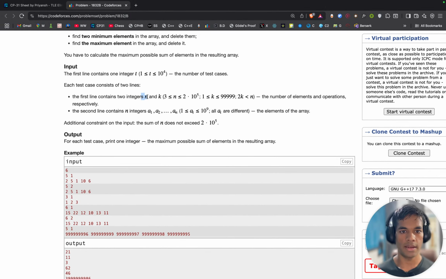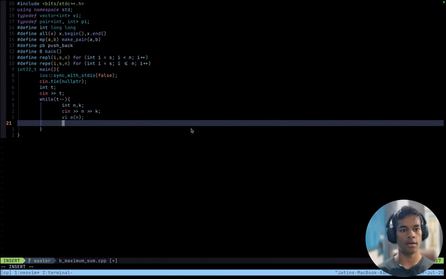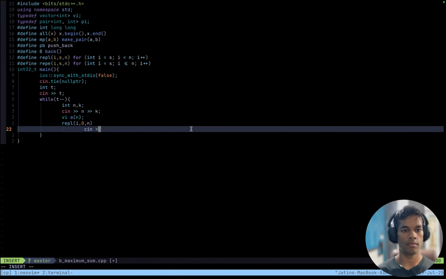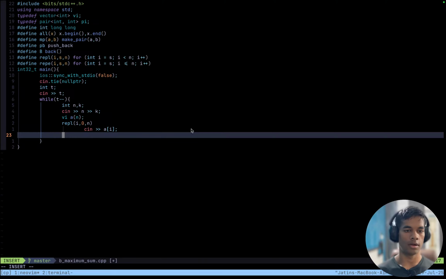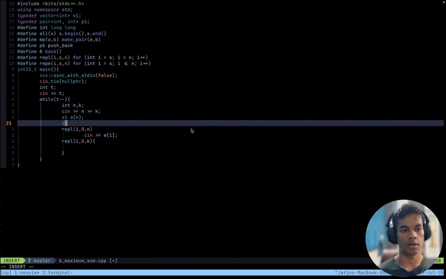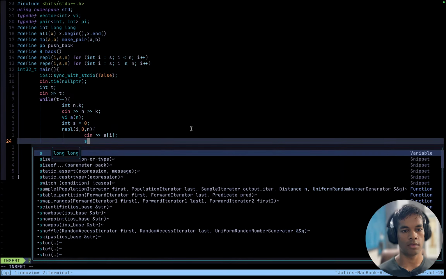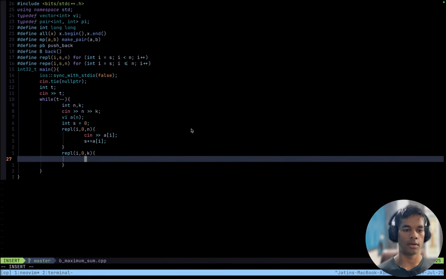Yeah, how is the input given? First I have n and k and then the array. Okay, so cin n, k, and then vector a of n, and a loop over i from 0 to n reading a[i], then a loop k times. Okay, int s equals 0, and while I'm doing this, let me do this. s plus equals a[i], and if